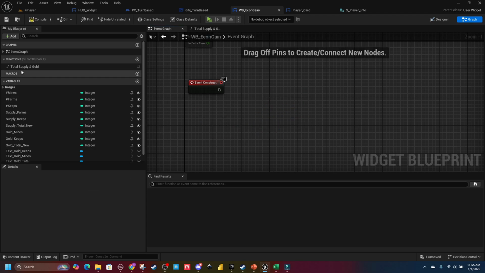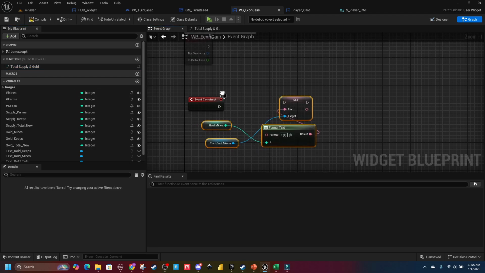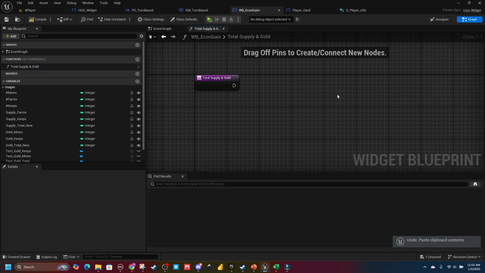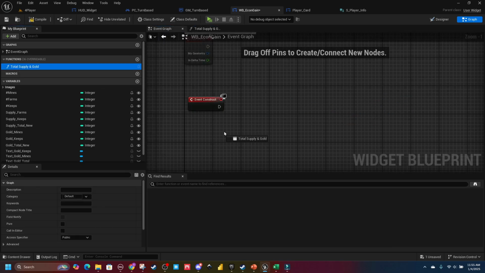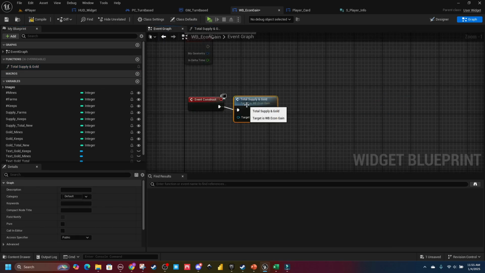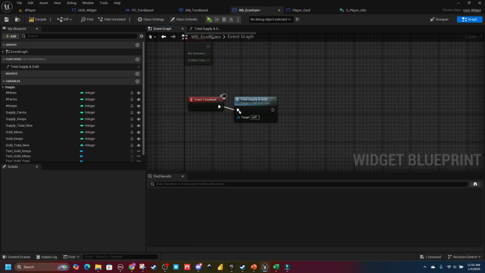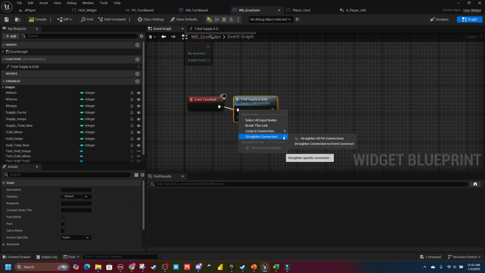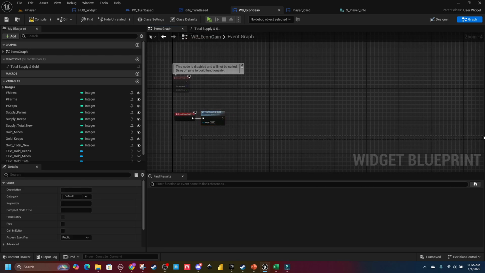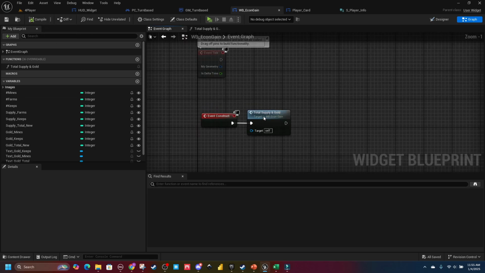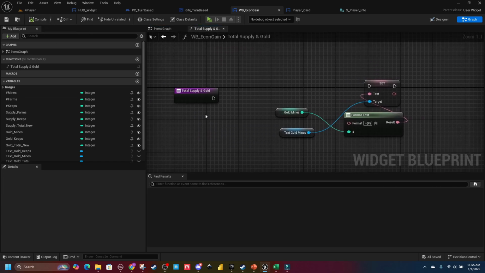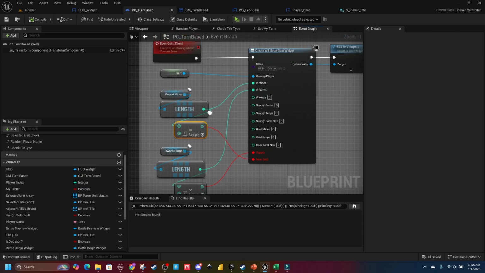And I'm just going to cut this, paste it into our new function. And then off our event graph, off the construction standards, I'm just doing this to consolidate things, or else we start having a long line of code coming off this and it just gets messy. So we'll dump it into a function and it makes it a bit easier. And we do our math